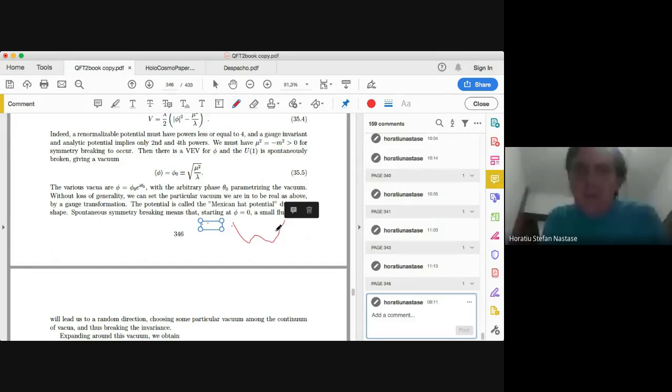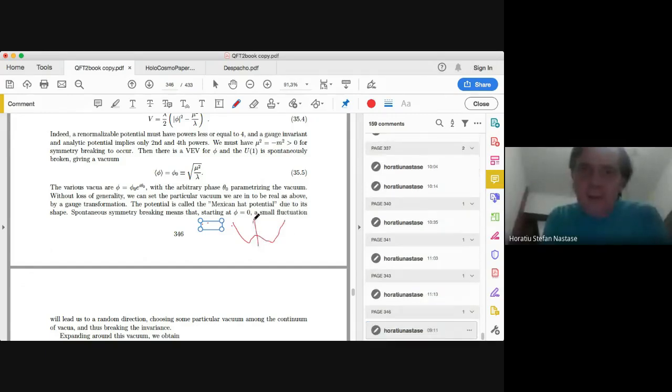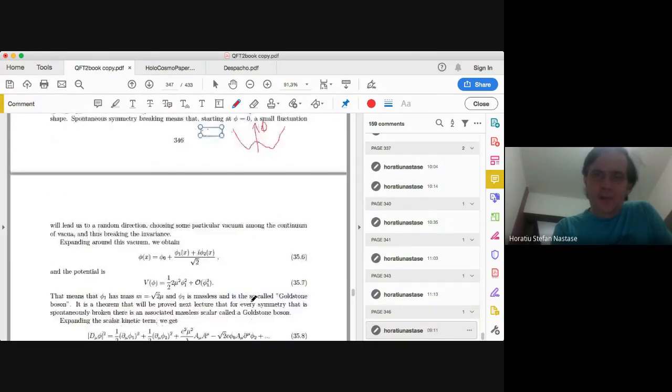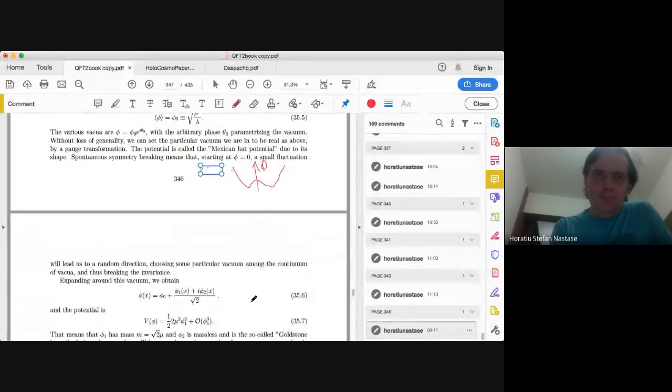So in the complex plane, this being phi, this has this shape, which is identified with a kind of Mexican hat or sombrero. The spontaneous symmetry breaking means that